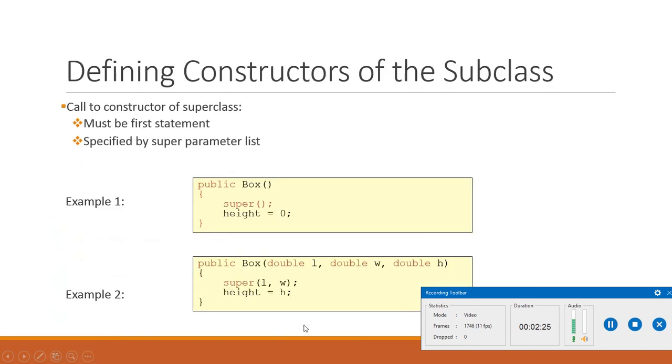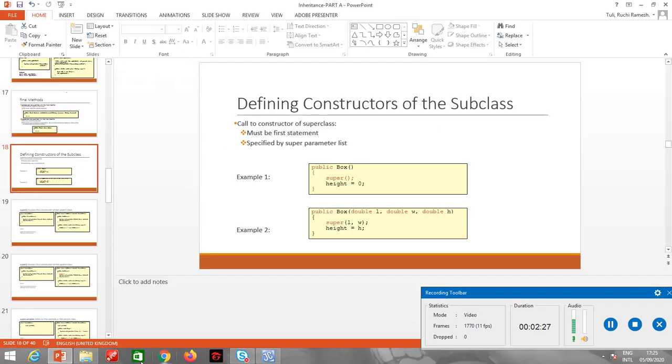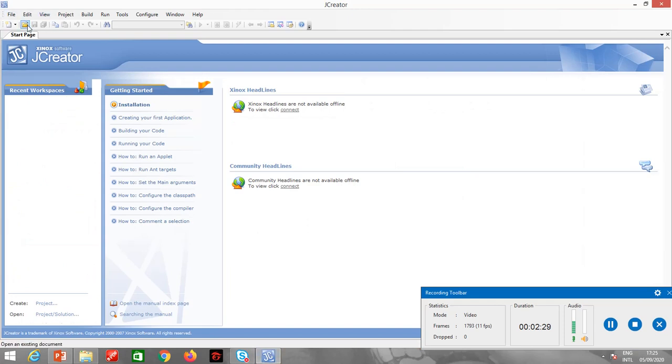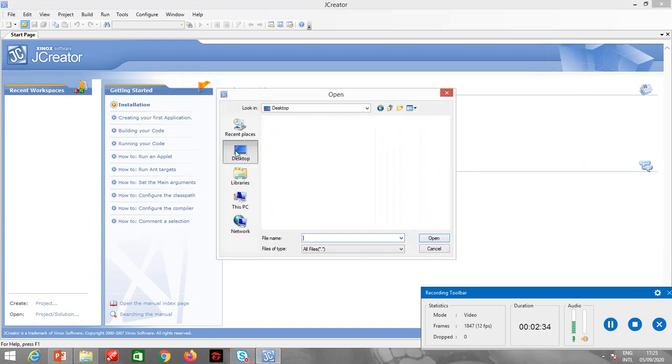So for example, let me just recall the example that we did in the last class for the method overriding, where we created an employee class and the person class. Alright, let me just open the program.